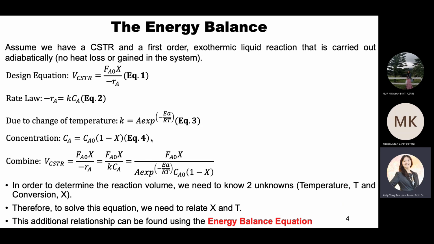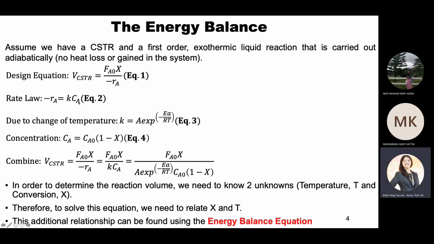So all this while is not a problem sebab kalau isothermal feed dengan reaction suhu yang sama. But now it becomes a problem because when reaction temperature is no longer the same as the feed temperature, I have to know my K at the reaction temperature. So now kita ada satu pemboleh ubah yang jadi masalah kepada kita because we don't know reaction temperature T. Okay, so tak tahu T tak boleh kira K. At the same time,